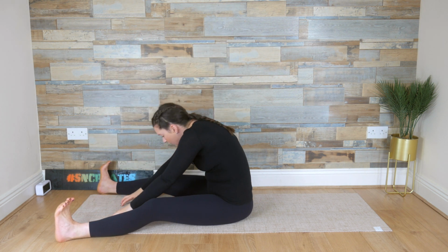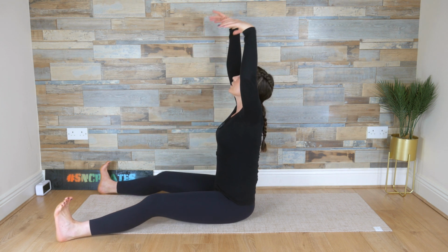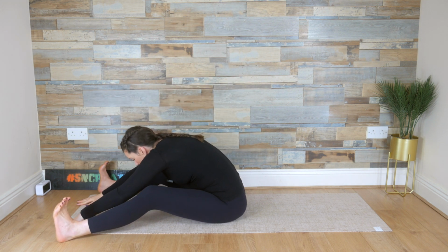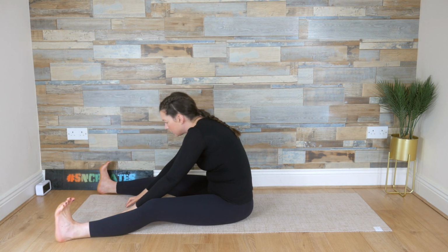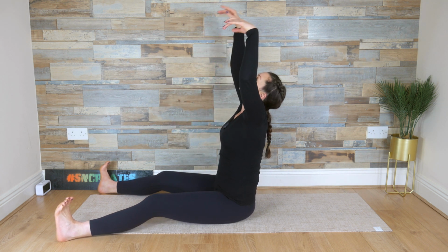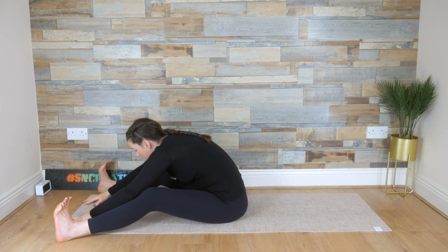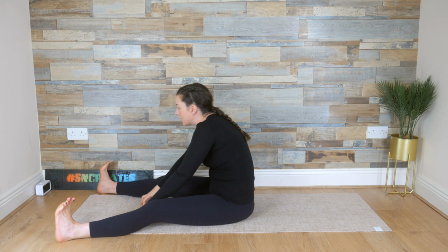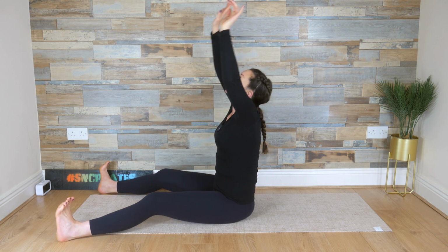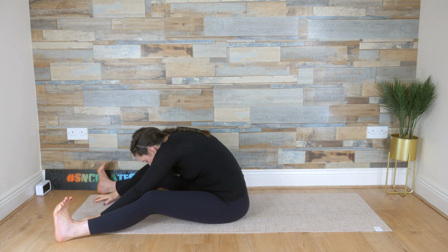Sweeping the fingertips in, finding length in the upper body as we reach and stretch and then fold forward. Sweeping those fingertips in, chest is opening up, and then reaching up, folding the upper body forward. Inhale, sweeping in, chest opening up, stretching up, and then folding one last time. Sweeping the fingertips in,